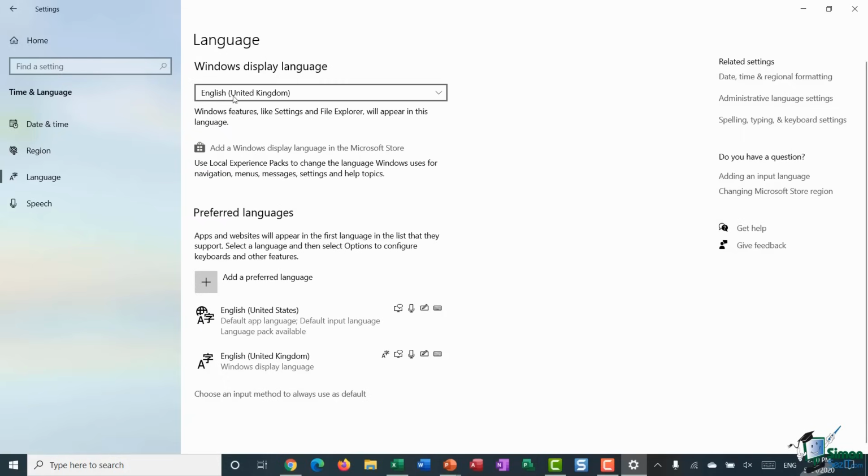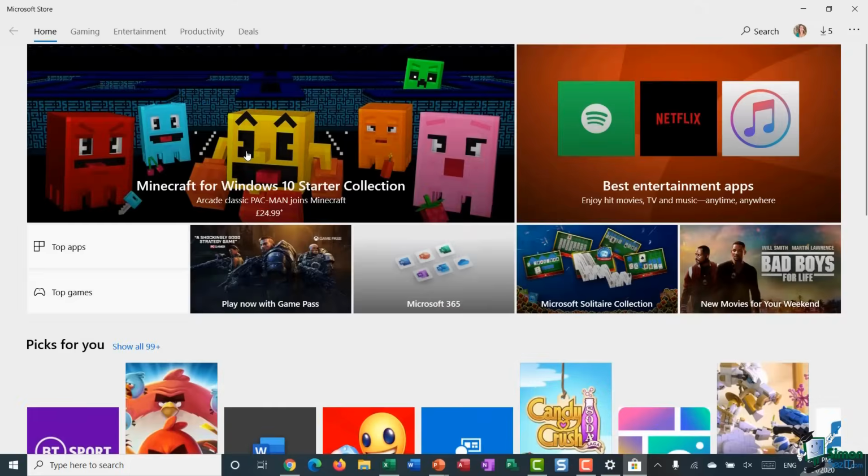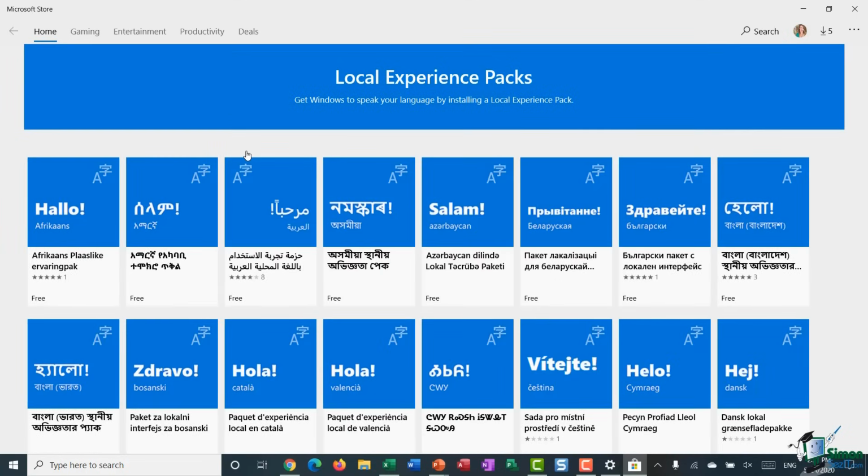So again, I'm in the UK, so I have mine set to English United Kingdom. But if I wanted to change my display language, I would need to click on this link, add a Windows display language in the Microsoft Store. And you can see if I click that link, it takes me through to the Microsoft Store